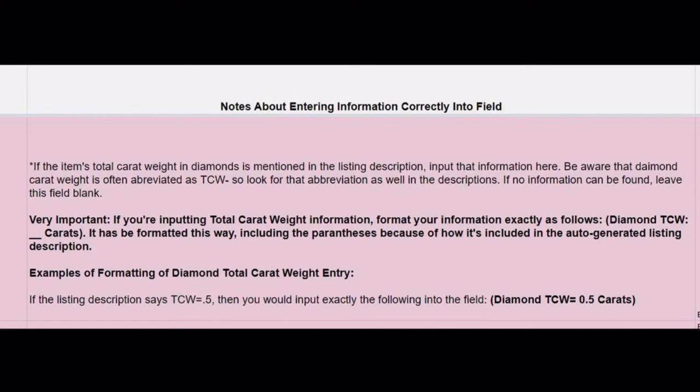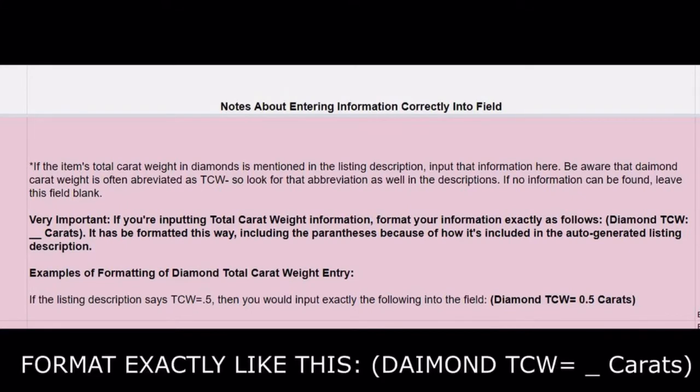The first one was just a note to be aware that sometimes if you're looking for diamond total carat weight, you're not going to see the word diamond at all. It'll just be abbreviated as TCW, so be on the lookout for that. Also, it's very, very important that when you input the total carat weight information into the GoCanvas listing, that you format the information exactly as follows, and it gives you an example up here in this screenshot. You're going to do an open parentheses, you're going to write out the word diamond, and then TCW equals, and then you're going to input the amount of the carats, and then write the word carats out, close parentheses,